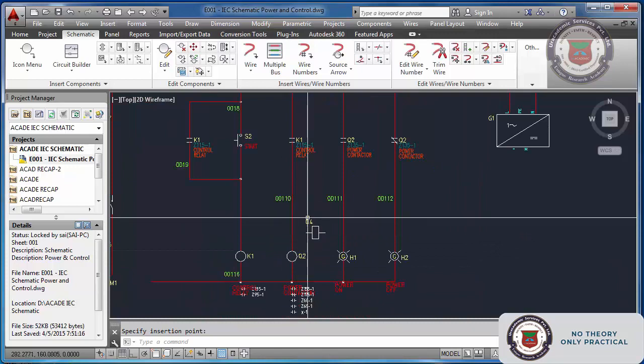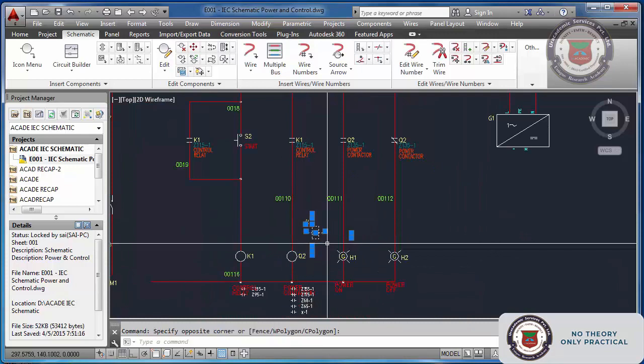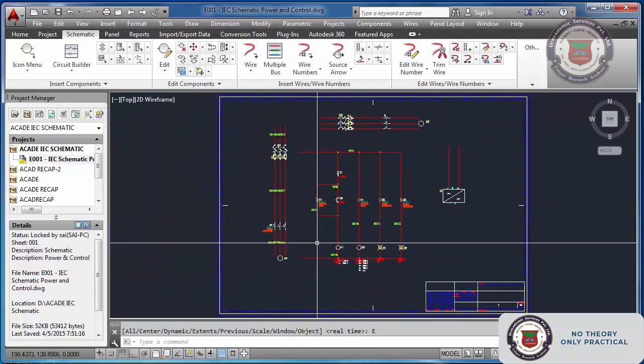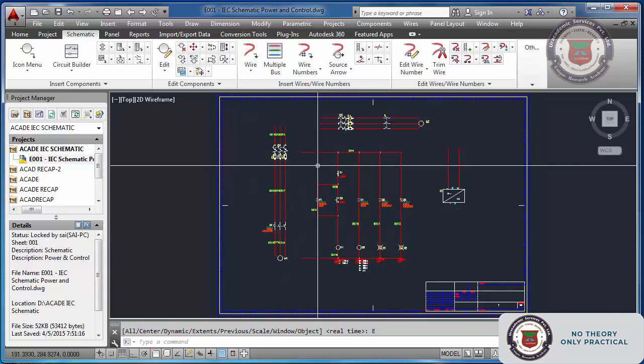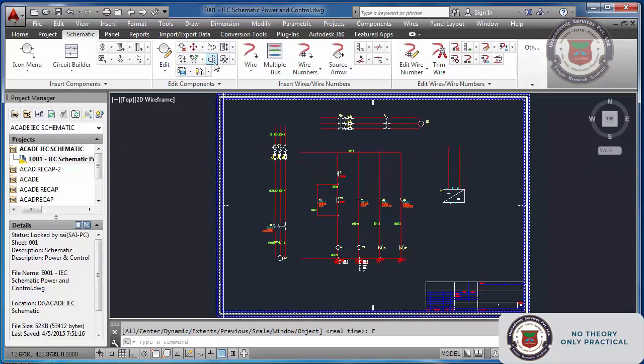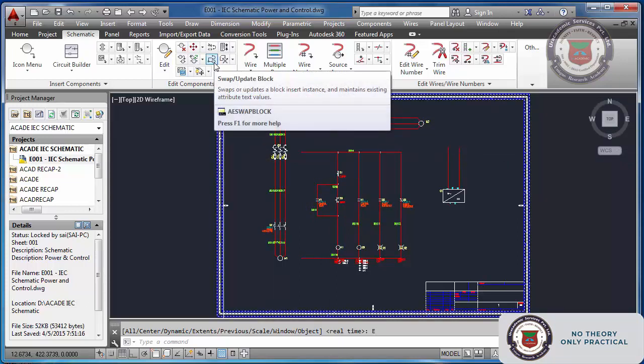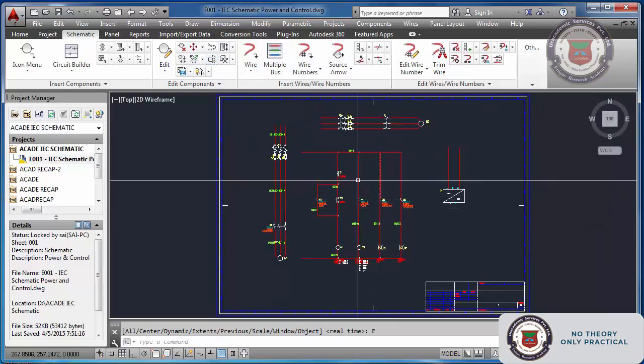So in this fashion you can change the whole symbol at any stage in your whole project. If you have 100, 200 sheets, you have completed the whole project, and at the last moment you want to change the whole symbol, it's very much possible through the swap command. So this is all about JIC, IEC, and converting from one library to another library. Thank you for this session.